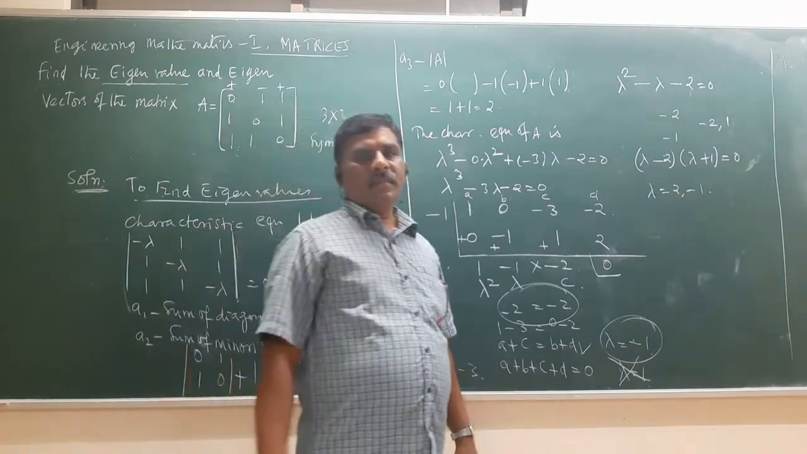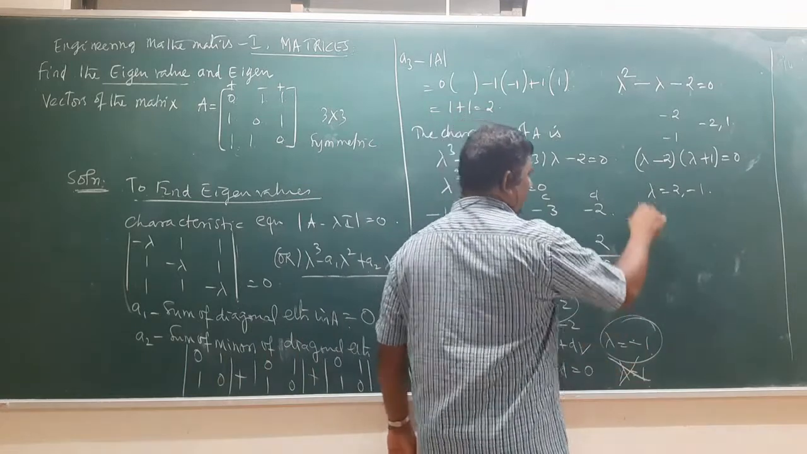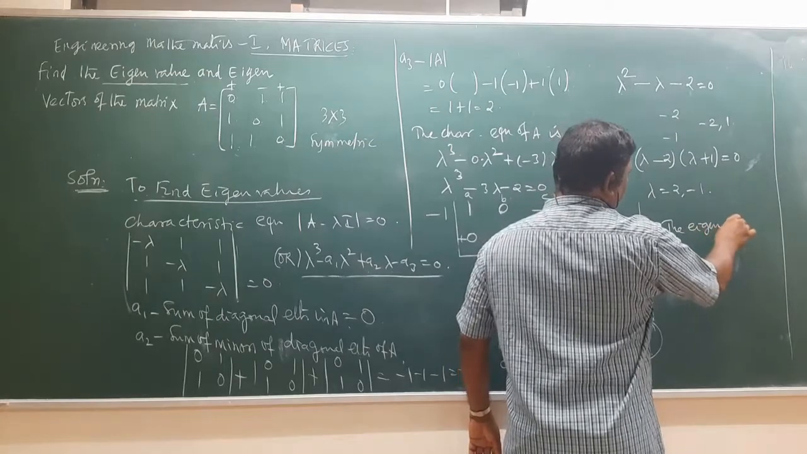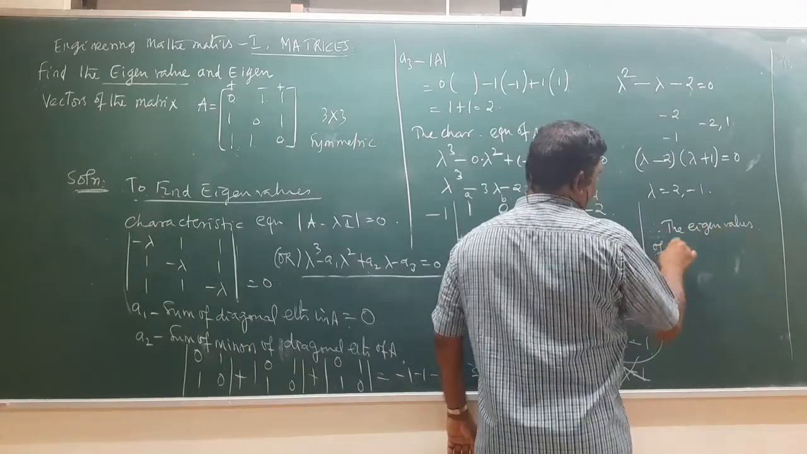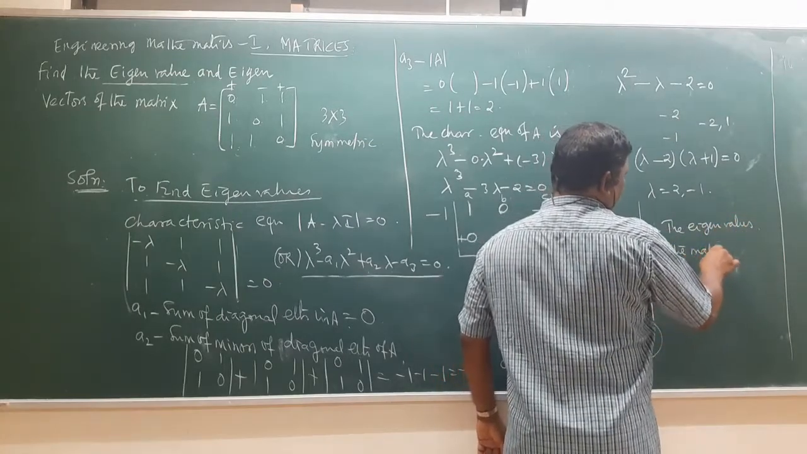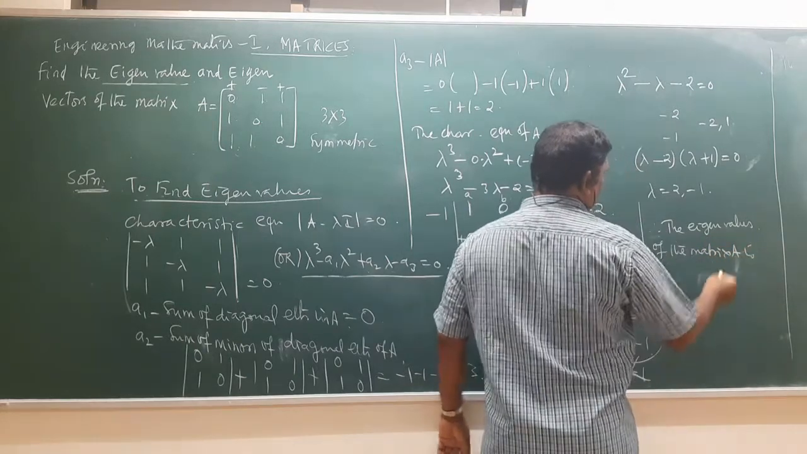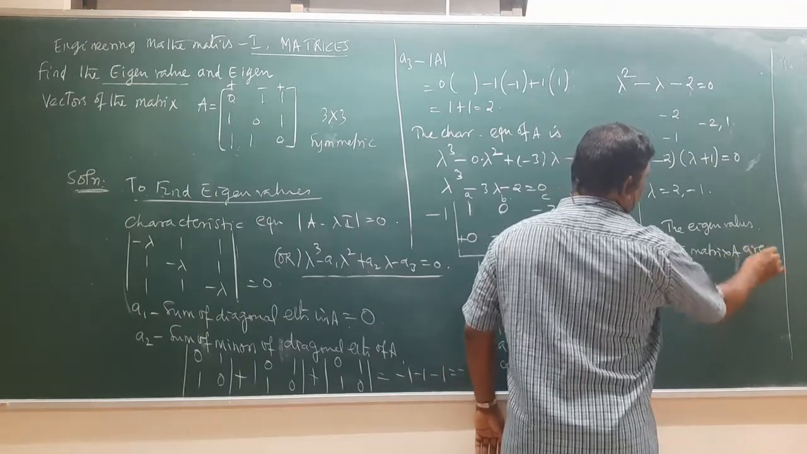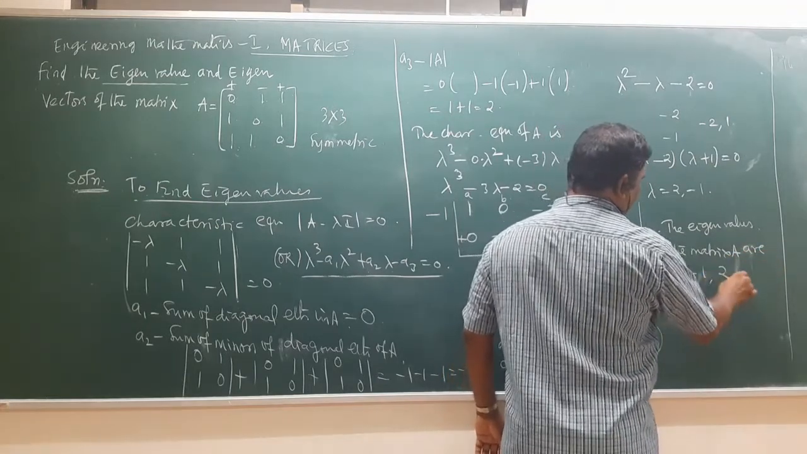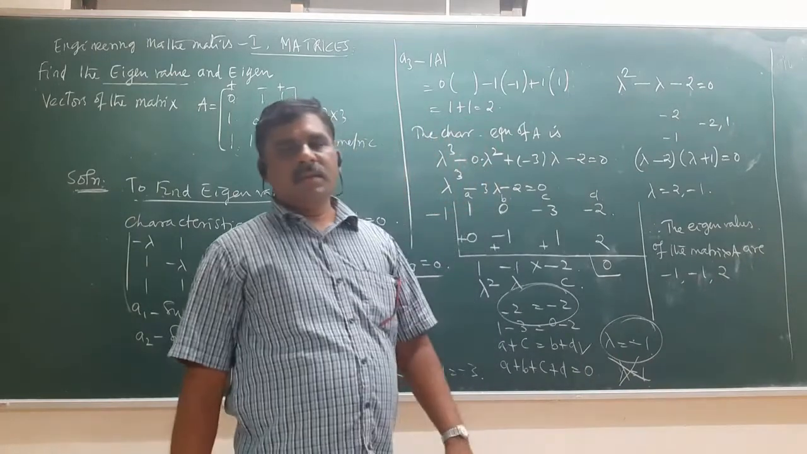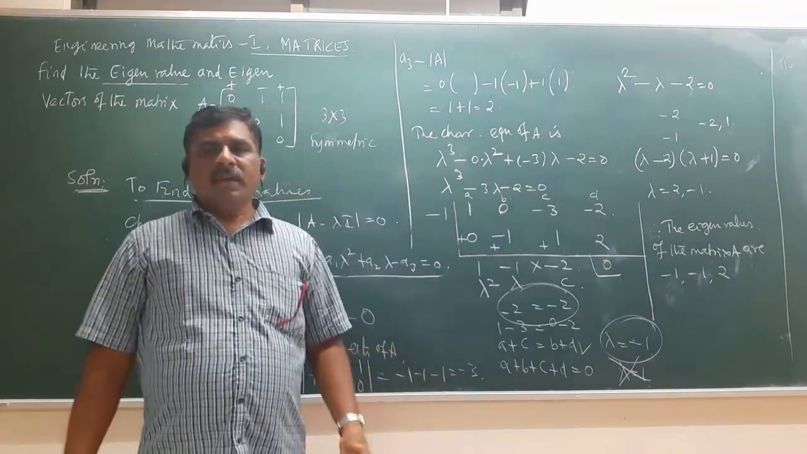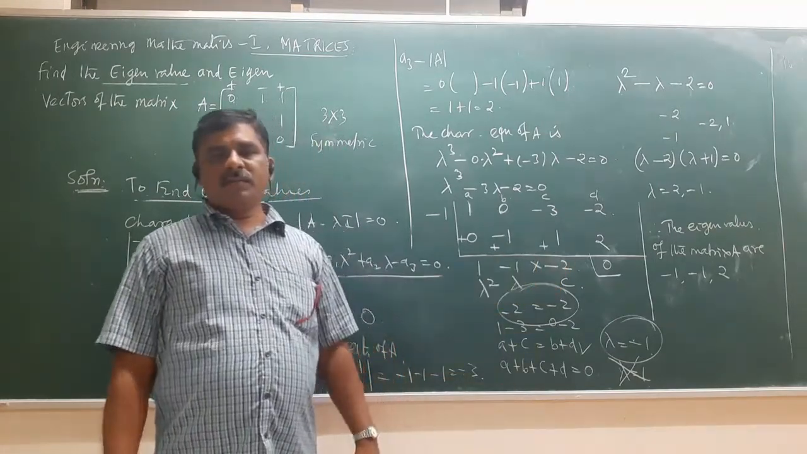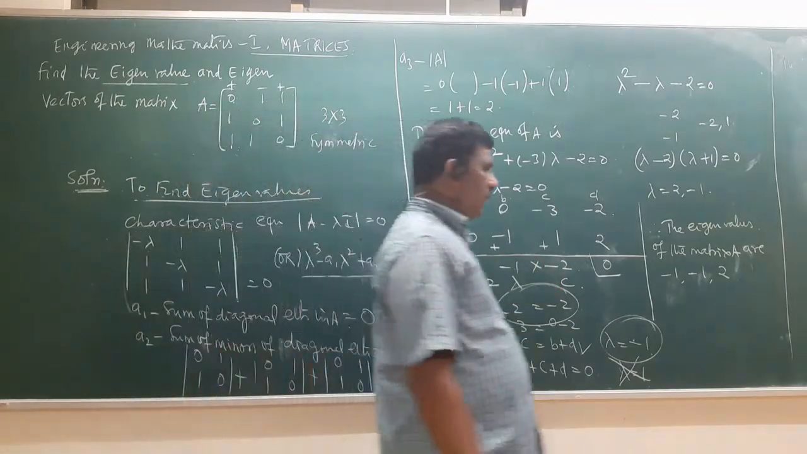Next step is we have to write what are the eigenvalues. Therefore, eigenvalues of the matrix A are minus 1, 2. These are the three eigenvalues. Next, we have to find the eigenvectors for the three eigenvalues minus 1, 2. Here you note down that